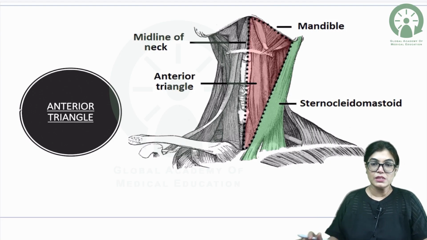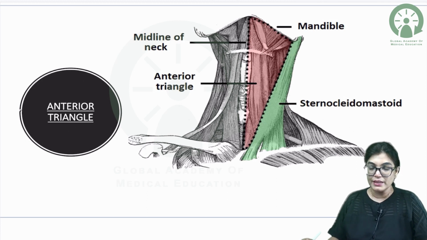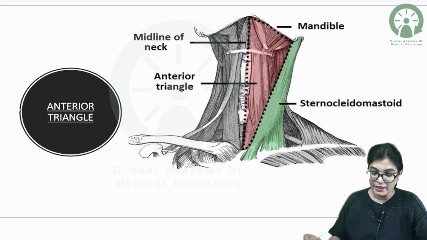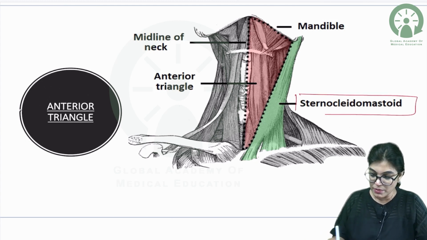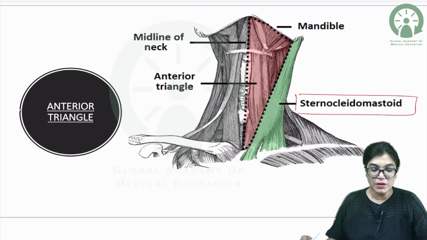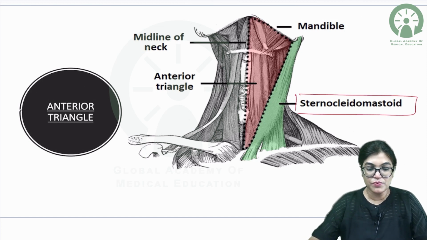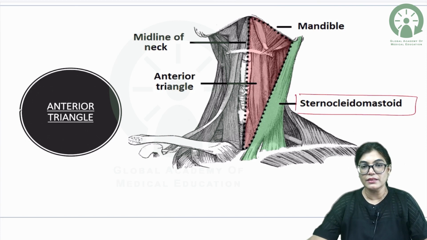So now we are going to start the next topic, that is the anterior triangle. We have already covered the posterior triangle. So in this diagram, firstly, I want you to understand the boundaries. Here you can clearly see the boundaries of the anterior triangle are formed by the following structures. There is the sternocleidomastoid muscle, which is forming the boundary for the anterior triangle, and you can also clearly appreciate that there is